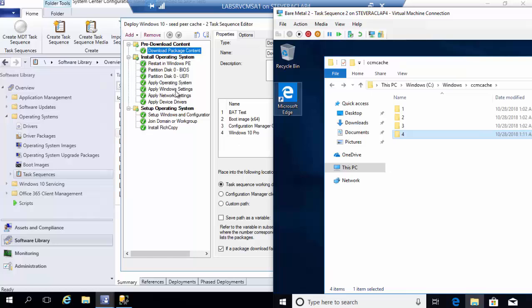We downloaded the ConfigMgr client here and applied it. We downloaded rich copy here and applied it, right? So we kept all 4 of these because they were actually downloaded as part of the OS deployment after formatting. So we did in fact keep 4 of them because of that SMSTS preserved content, but we did not keep